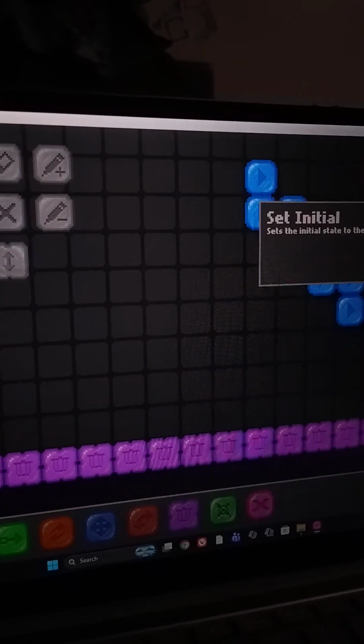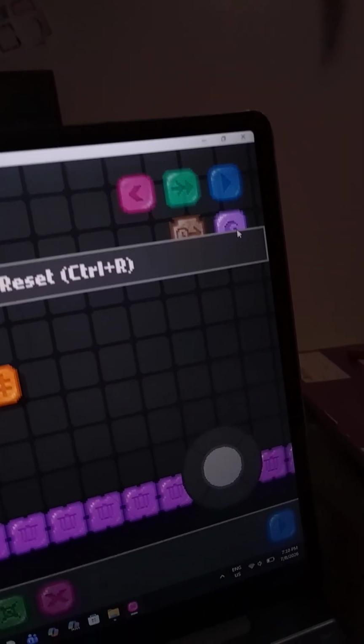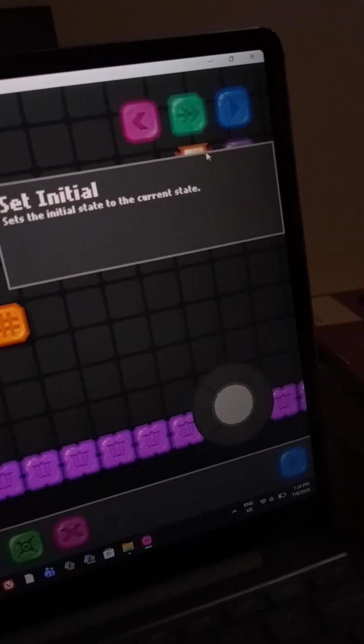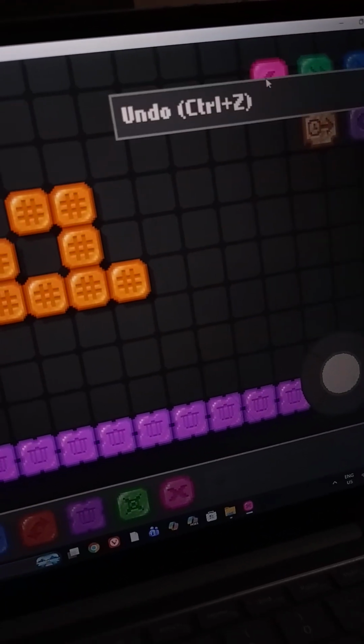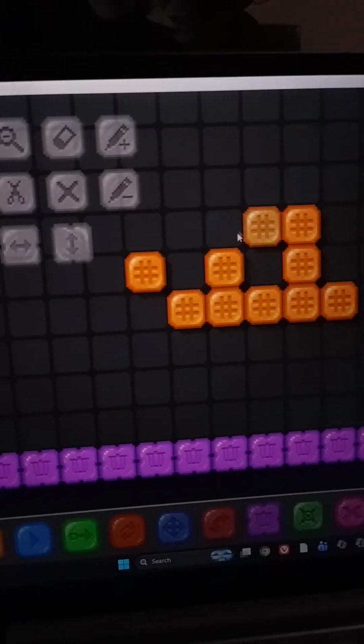So the initial state is where it sets to at the beginning before you press space. If you were to reset, then this is the initial state that I put. Once you press space, it'll pop up. So even if you don't have extended UI,